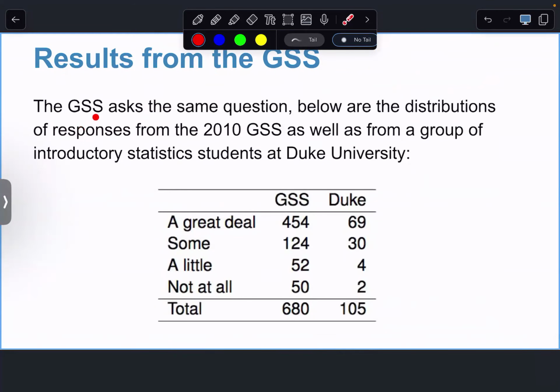from the GSS, I think it's the General Social Survey, something like that. It's basically kind of a census of all U.S. adults, not really a sample of U.S. adults, so the GSS is going to represent U.S. adults. I'm assuming they don't survey children. That'd be weird. It's all kinds of problems with that. So the GSS is this broad survey that goes out to all Americans, and they ask this question, and